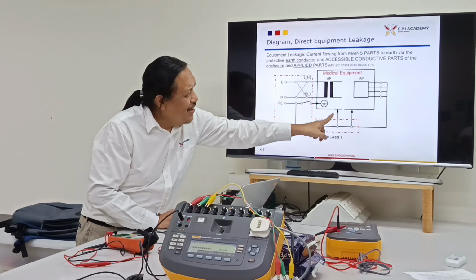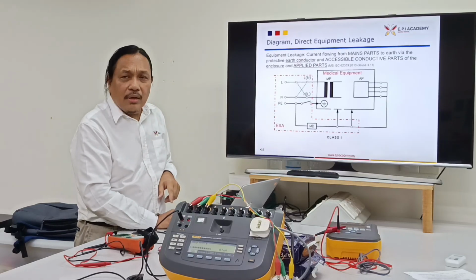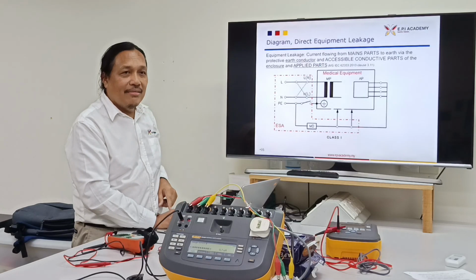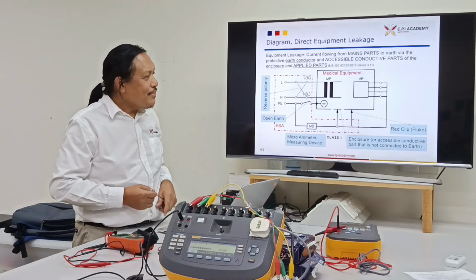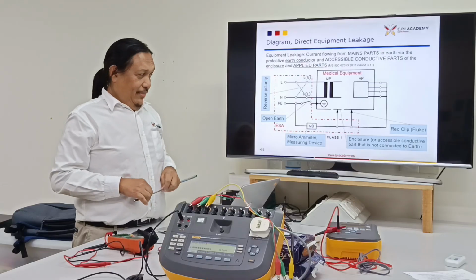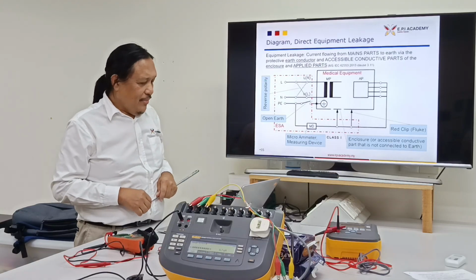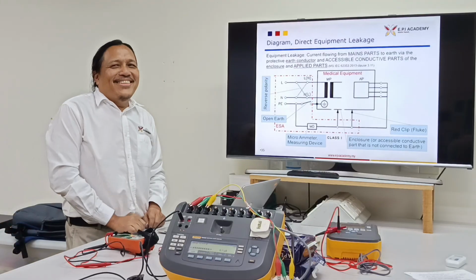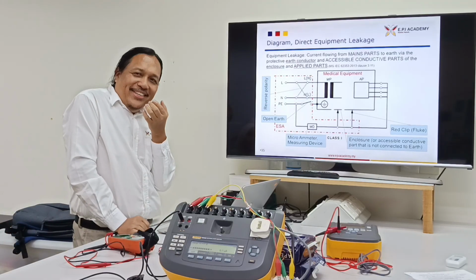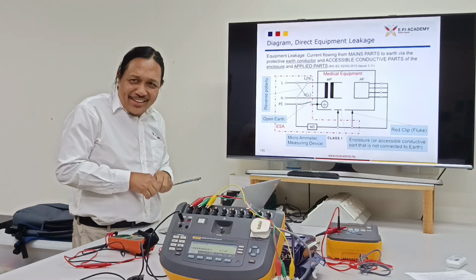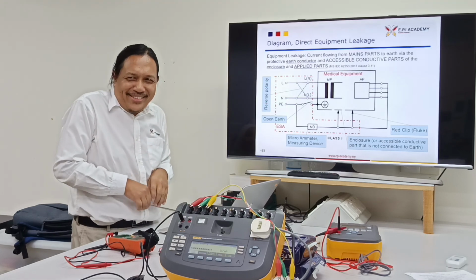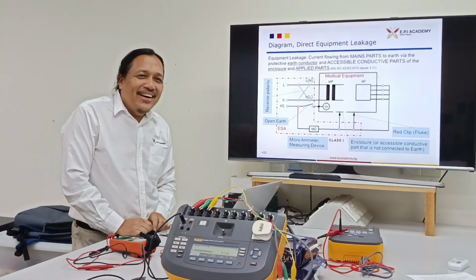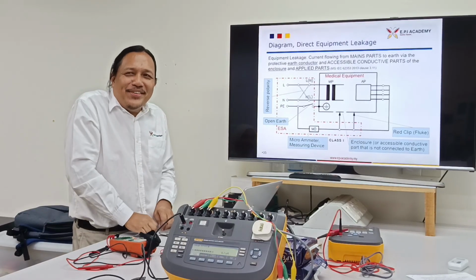What is this part again? Stray capacitor. Non-earth. Betul lah. Sama je. Sama lah, sama je. Kita kat sana belajar lagi, kat sini belajar. Stray capacitor. Betul-betul sama je kau. Macam mana? What's your answer? Stray capacitor. Kau macam mana? I think you mess up everything you learned there. You know what you're learning.